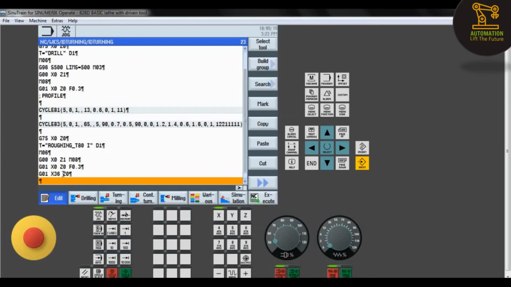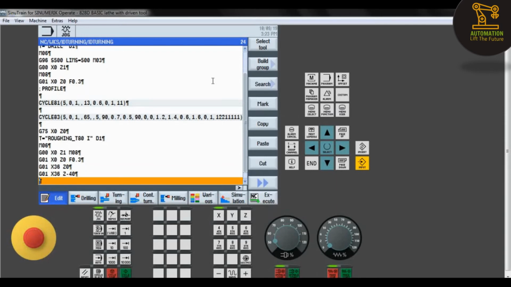And now 1 mm of material I was taking, so G01, X36, and Z direction should be in the negative, so Z minus 40. And next we have to retract from that position, so G01, X35 and Z minus 40.